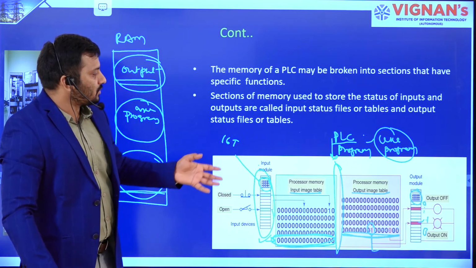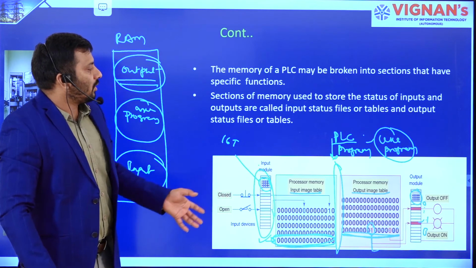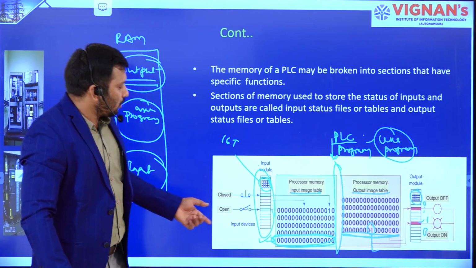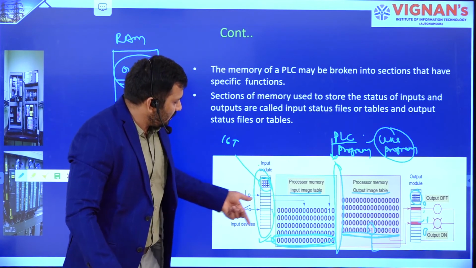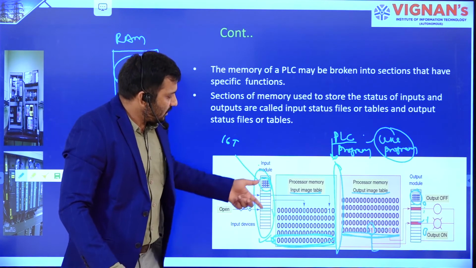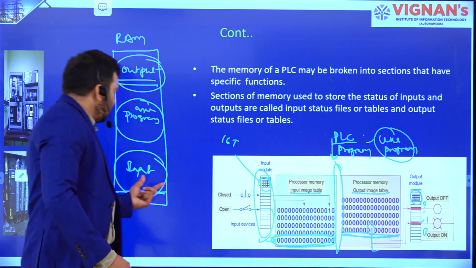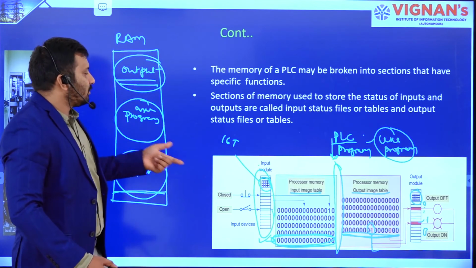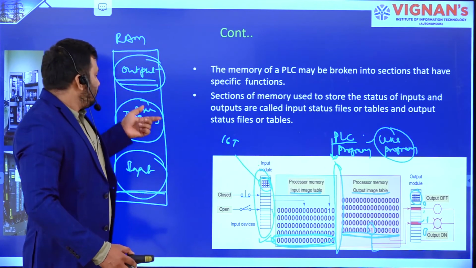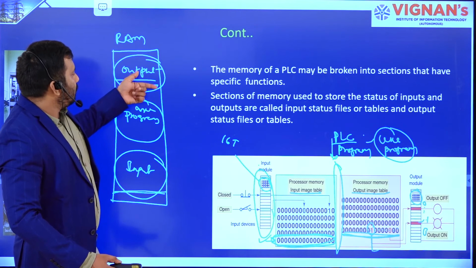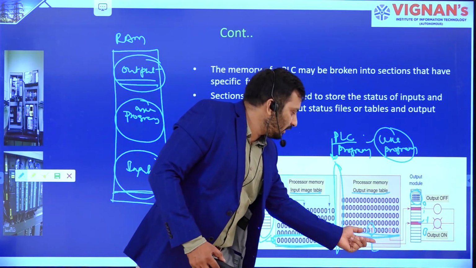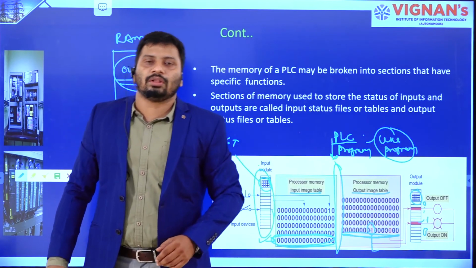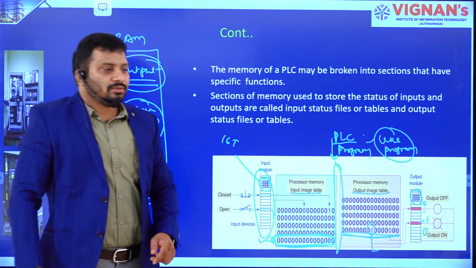In this process of functioning, what is the contribution of memory? The contribution of memory is to store the user data, the input data getting from the sensor. That is also going to be stored in the memory only, RAM only, right? The user program, whatever you have written, is also stored in the RAM only, right? After execution of this program, the updated data is first stored in the RAM only. From there it goes out through the output module to control the output devices.